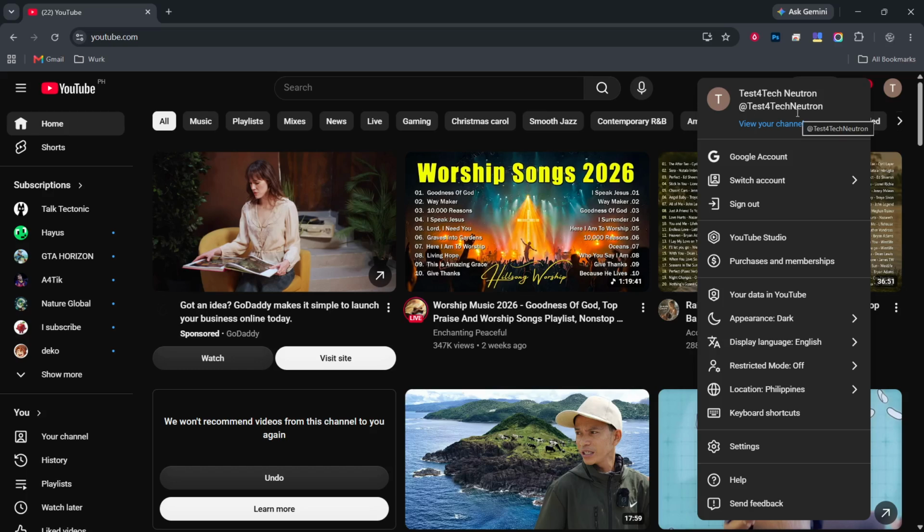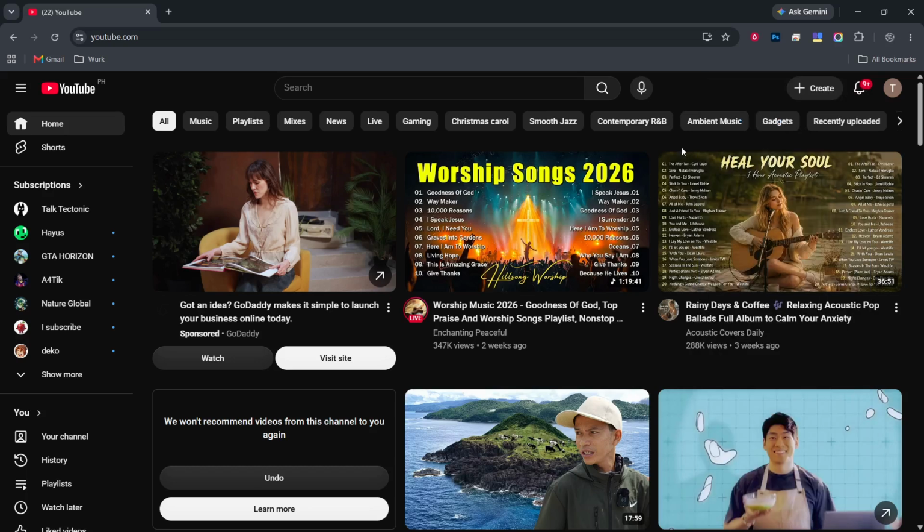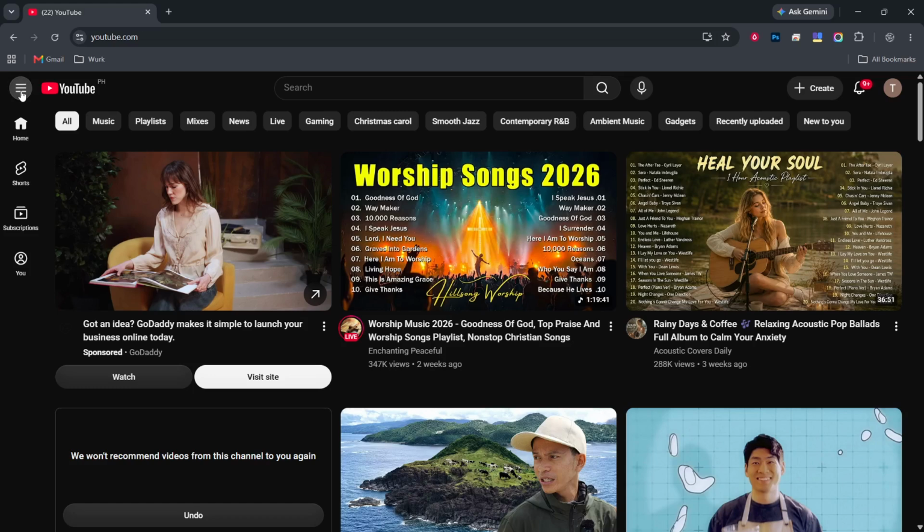Now, make sure you sign into your account. Look at the top right corner of the page. If you see your profile picture or your initials in a circle, you are already signed in and can stay on this page. If you instead see a blue sign in button, click that. The screen changes to a Google sign-in page where you can choose your account or type your email and password. When you finish and YouTube reloads, you will again see the homepage, but now your profile picture shows at the top right. That picture confirms the history you changed belongs to the correct account.